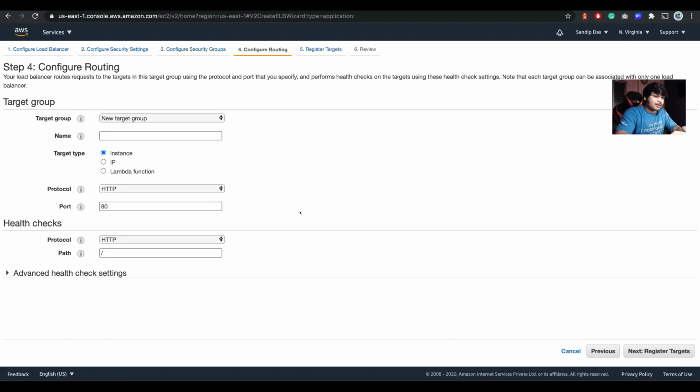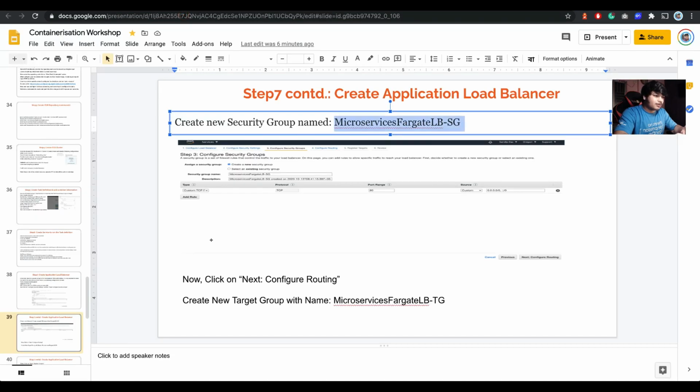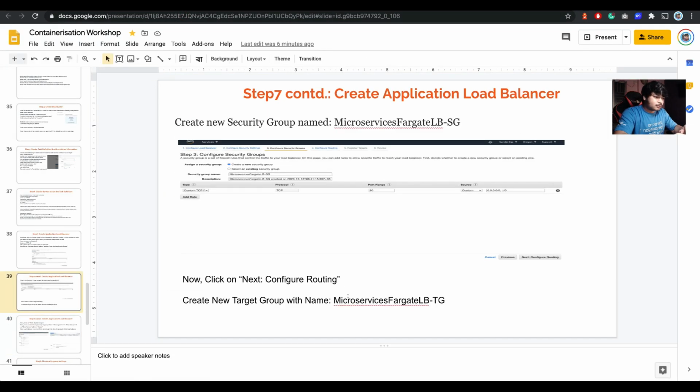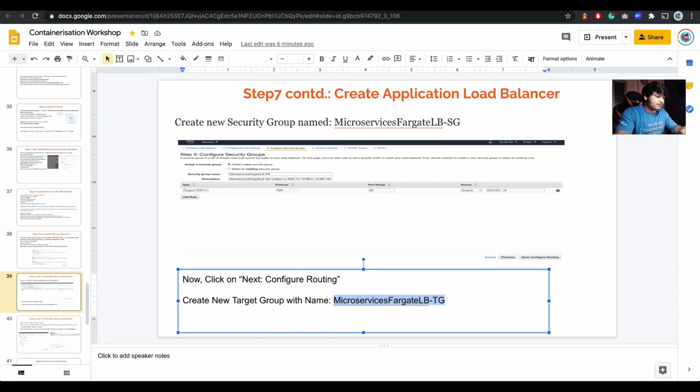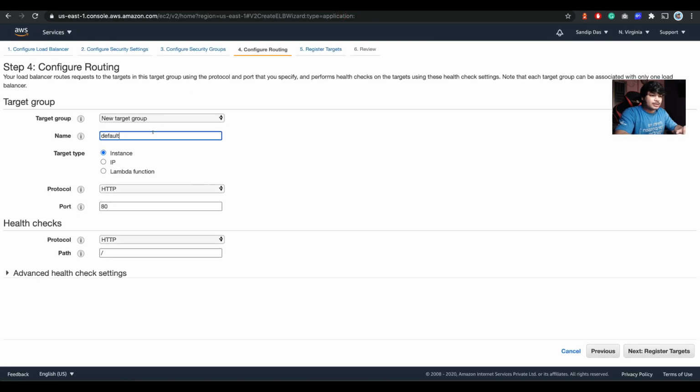Let's go with the configure routes. Let's call it default. Are you using any name here? Yeah, microservices Fargate LBTG. So use the same naming here.